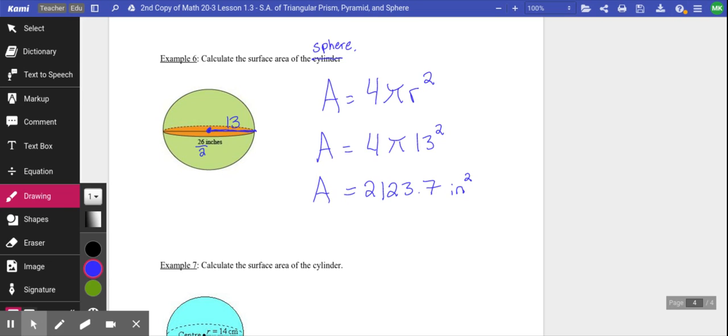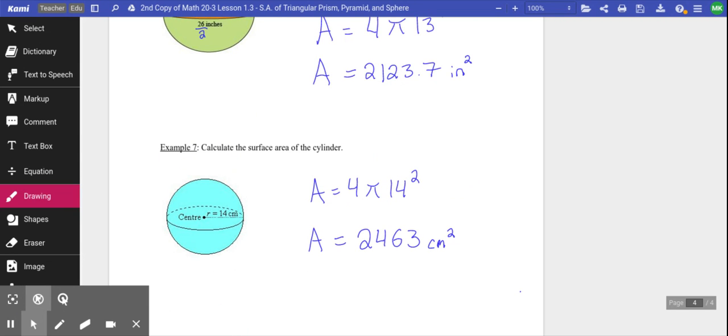Okay, so go ahead. Our last answer is here on the board. So it would have been 4 times pi times 14 squared. You should have got 2,463.0, and that's centimeters squared. And it's going to be a little bit different because we use